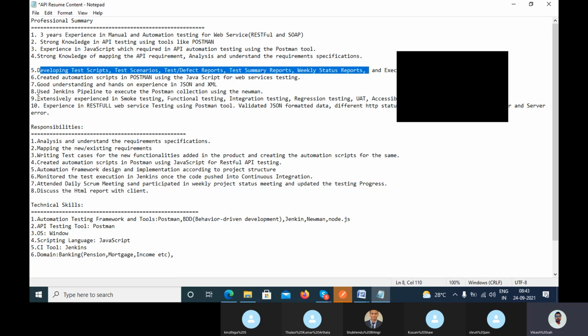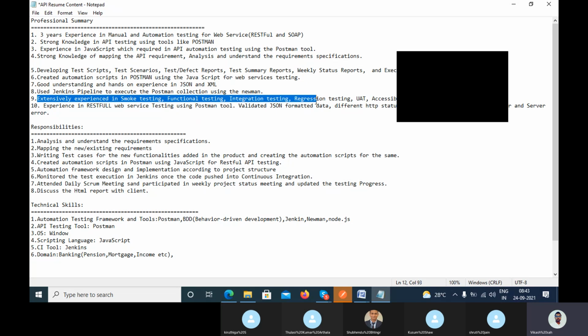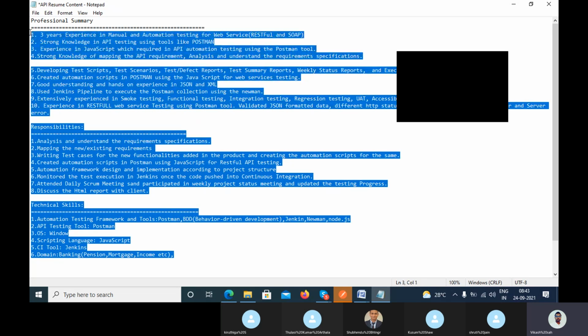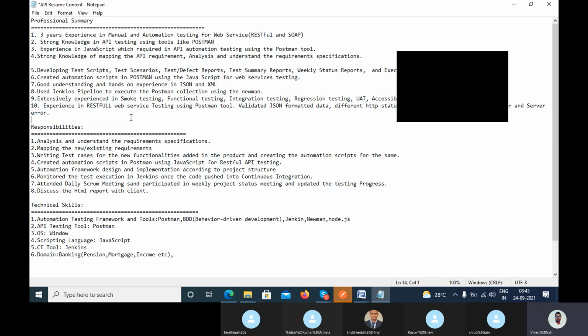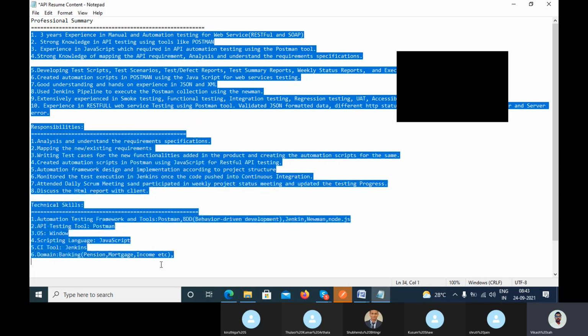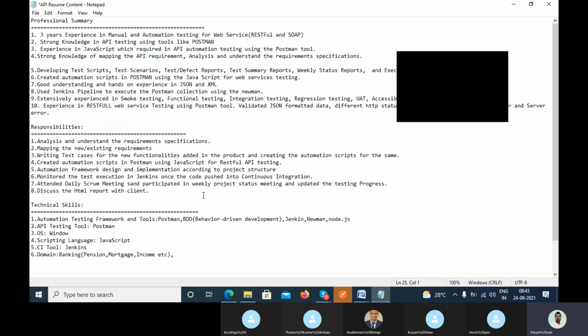Extensive experience in the smoke and the integration. So some of the points are already there, so do not make duplicates. Okay, and whatever you think you can add from this list, you can add it. I will share that with you today in the class. After this class, I have created one zip file, and in that zip file all the related documents will be contained.